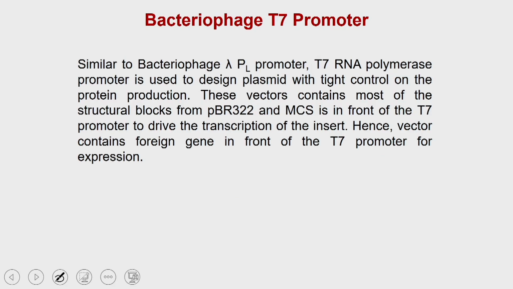Now, you have the bacteriophage T7 promoter. The bacteriophage T7 promoter is very popular in the case of E. coli as an expression vector. It is similar to